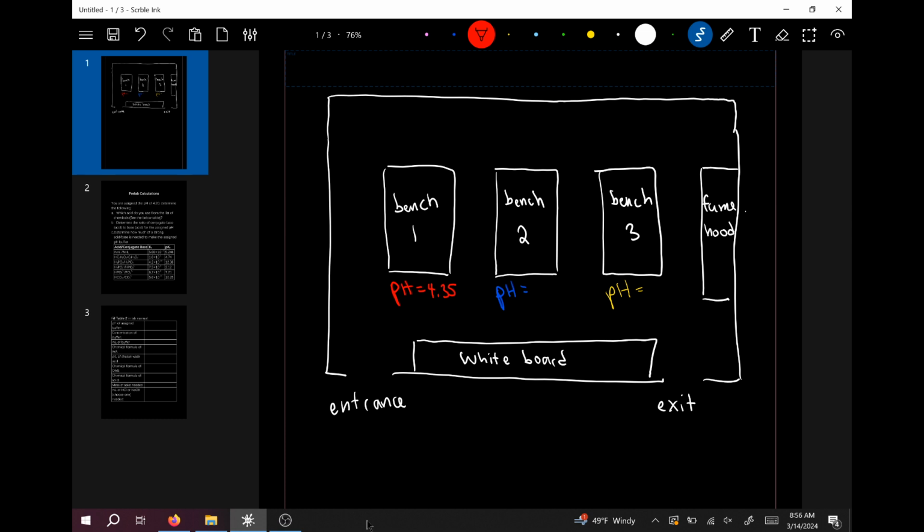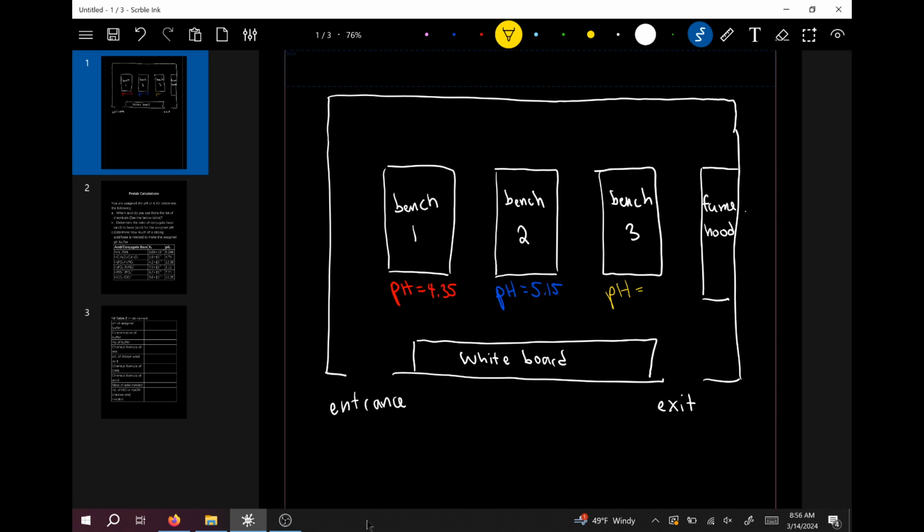If you are in bench 2, that is the one that's been assigned the blue ink right here, then your assigned pH is 5.15. And then if you're on bench 3, that's the one closest to the fume hood, then your assigned pH is